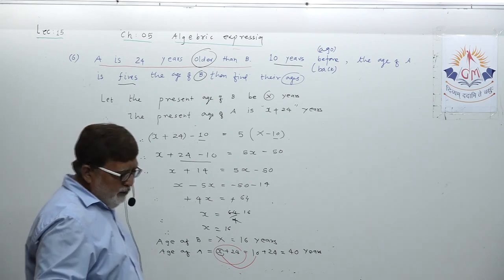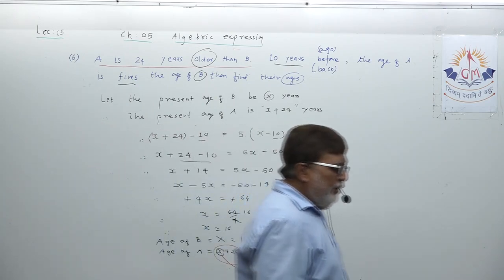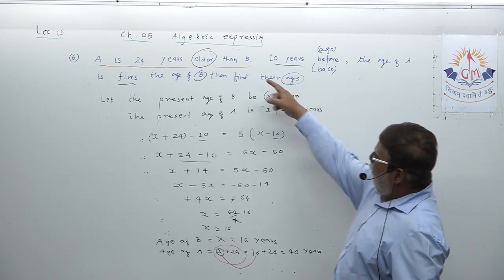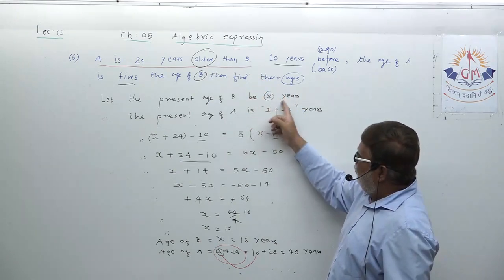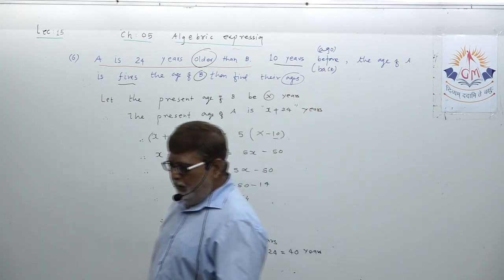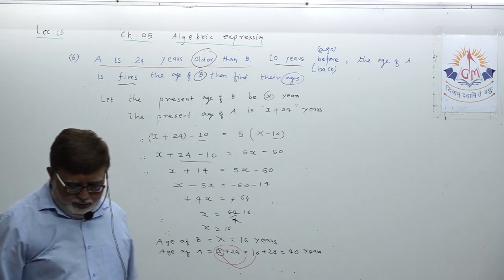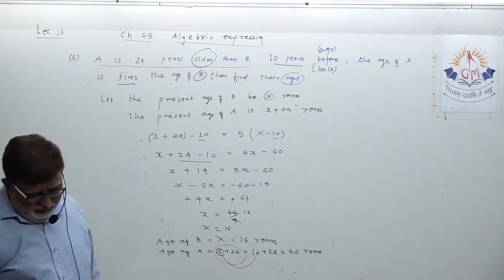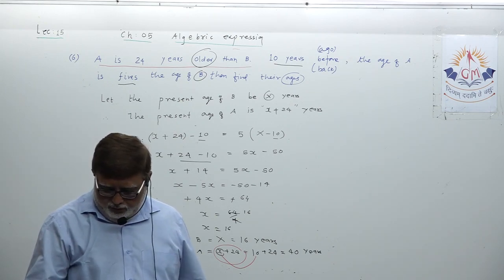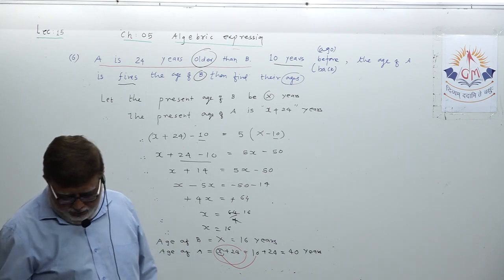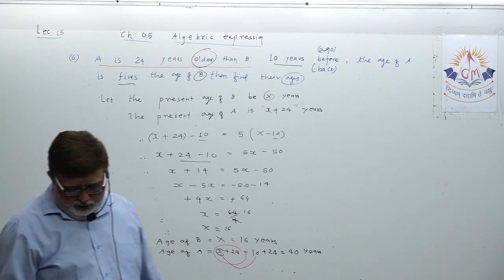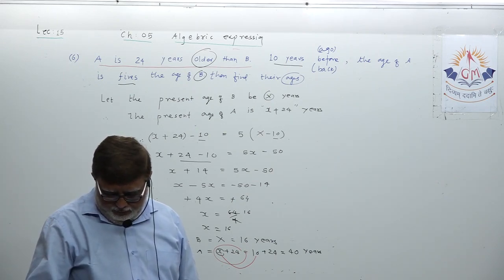Check this sum consciously. Any example regarding age, you can solve this way. The first statement will give you an idea how to suppose the age, and each and every word you go one by one, it becomes easy for you to solve. Okay, right? Some of the examples I am neglecting because you can solve them by yourself. Okay. Example regarding age we have done.